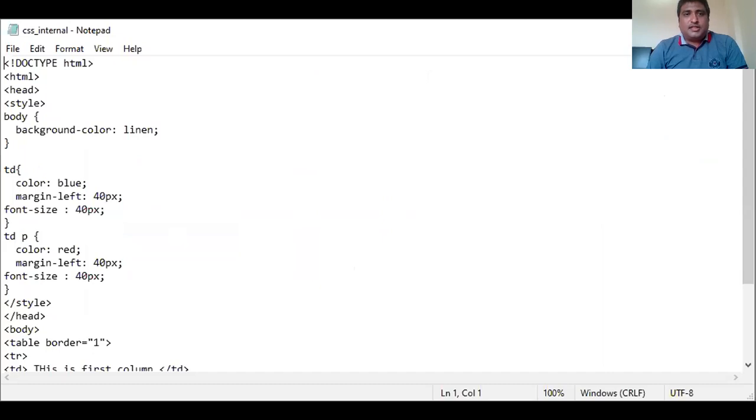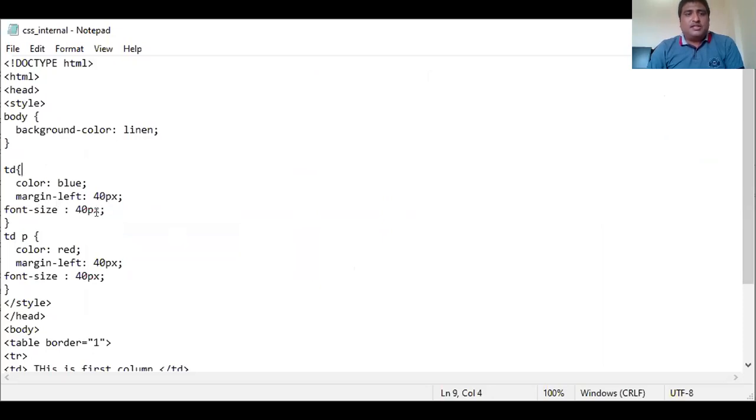So this is an example of internal CSS. Here in the body tag, we specify the style properties. This applies to the body tag, so the background will be a linear color. Then it applies to the TD tag. The TD tag's color will be blue. Margin keeps the space from the left at 40 pixel.